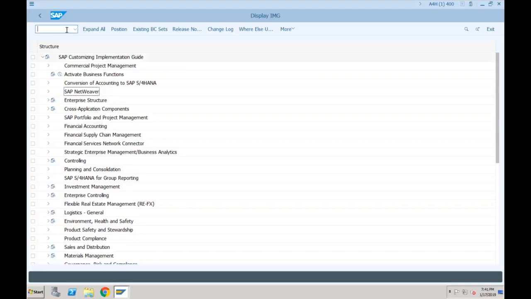Okay, and I think towards the end we tried to create one document. We posted one document, and we have seen how that document is available in the tables. So we understood that BKPF, BSEC tables are still available, but there are some other tables like index tables and aggregate tables which are now removed and they are replaced with views. So let's talk about